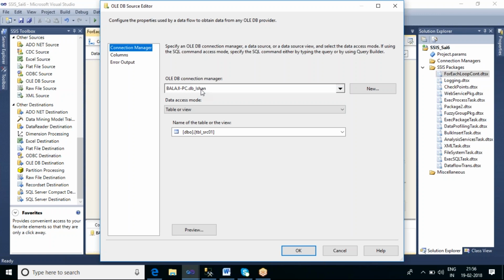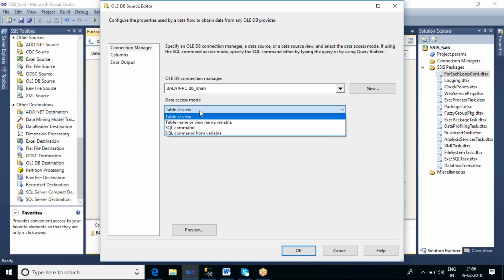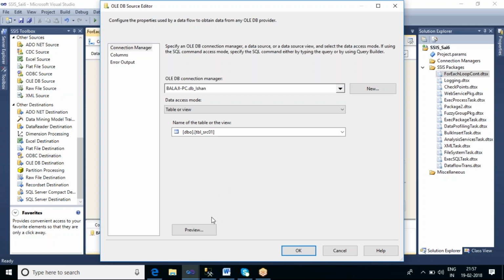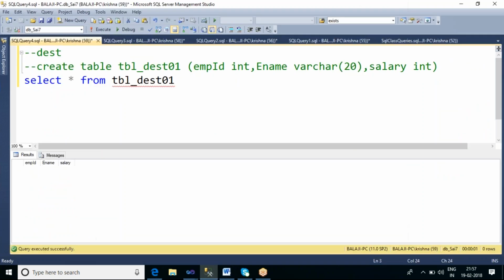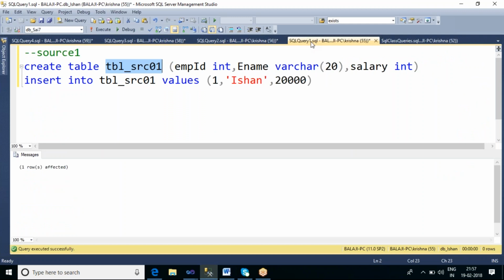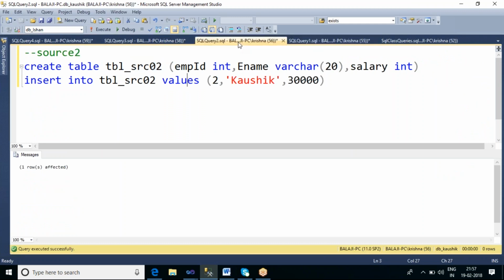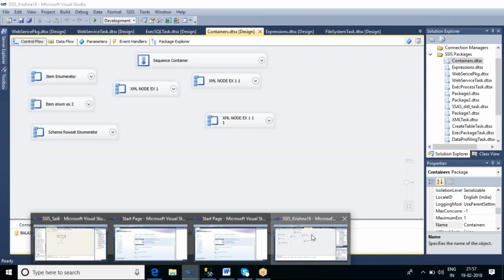Now, how to pass the table name also at runtime? How to change the table name at runtime? Why? Because in the first server, in the source one, DB Ishan, my table name is this one. Now if I go to the second source, DB Kaushik, my table name is different here. So how can I change the table name at runtime? Go to this,